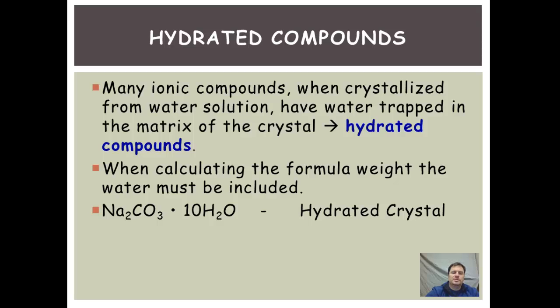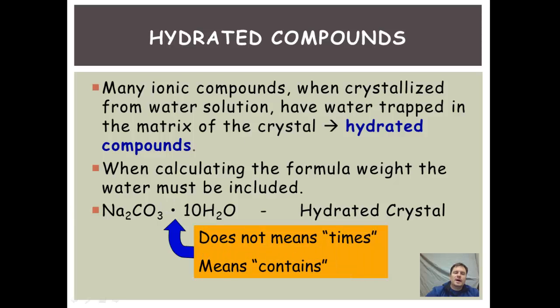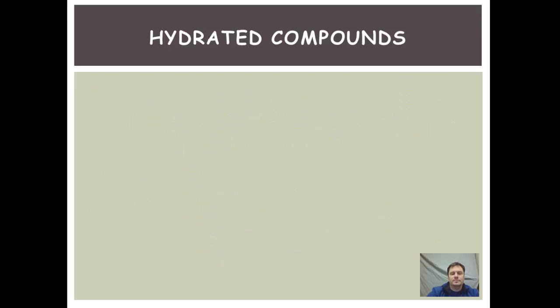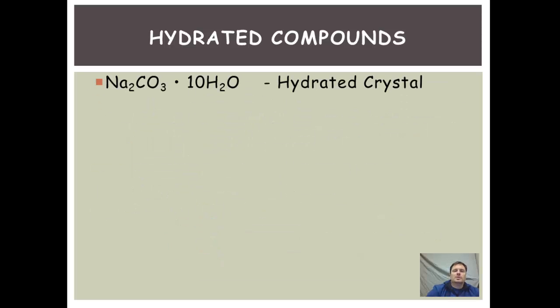So here's an example: sodium carbonate decahydrate. That little dot right here indicates that it contains water. It doesn't mean times 10 water, it means contains 10 waters inside of it. So look at this one again. The name is sodium carbonate decahydrate. We use prefixes in front of the word hydrate to tell us how many